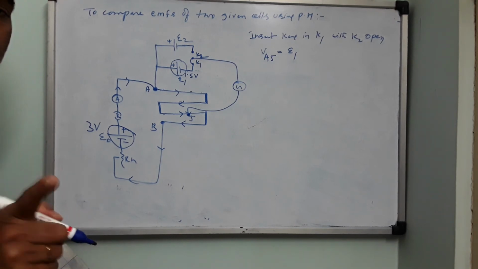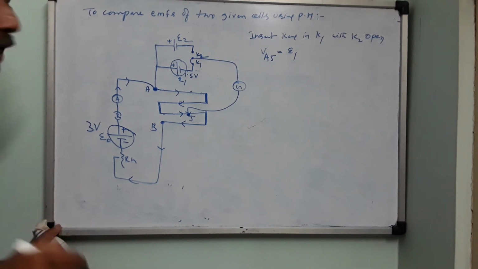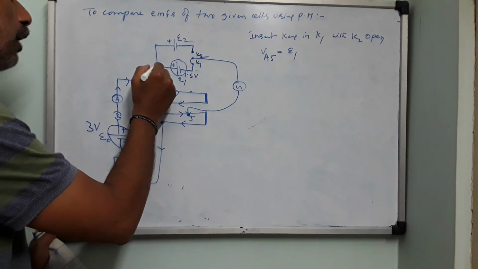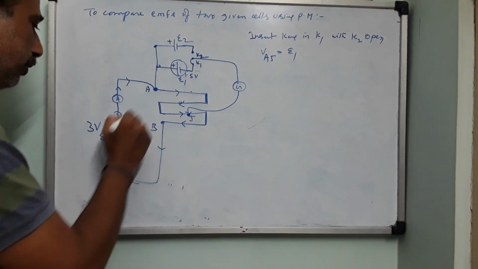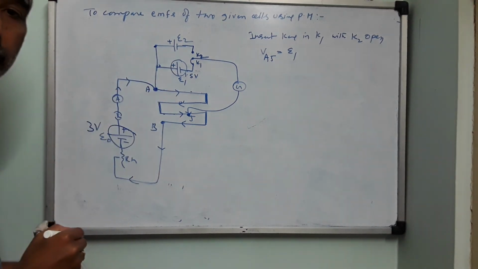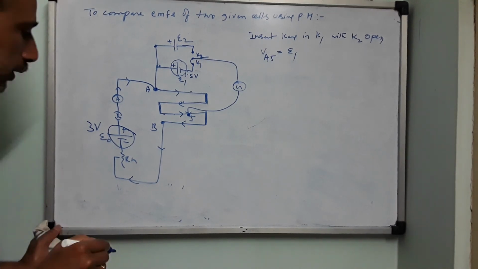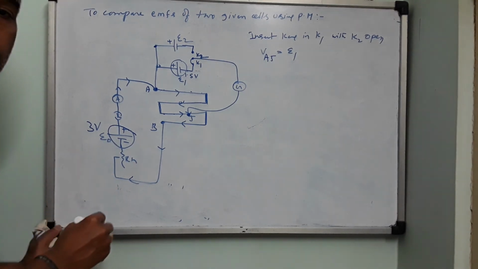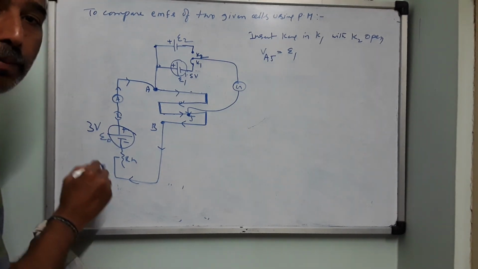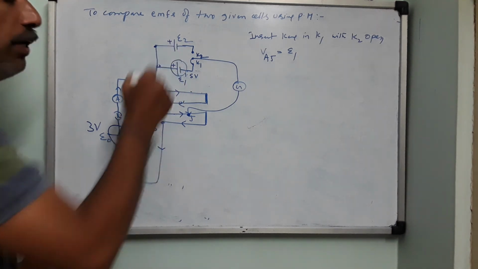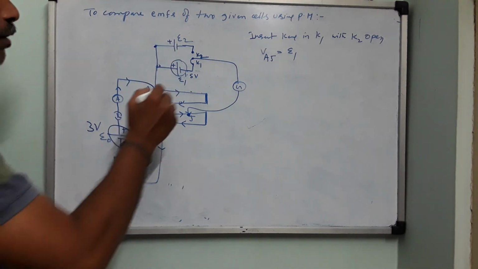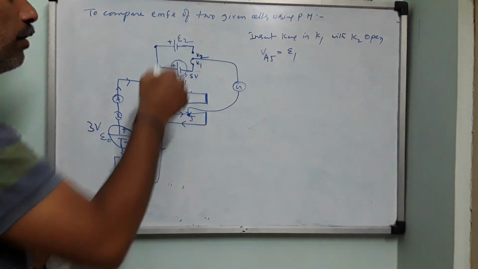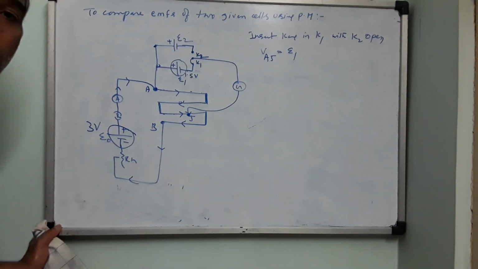Okay. So two observations you have made. What are they? The positive terminals of the cells are connected to the same point, common point. Second one is, you have taken care that the EMF of the driving cell must be greater than the EMF of the testing cells. If this is 1.5, this is also 1.5, then what will happen? The net will be 1.5 only. They cannot add to each other.